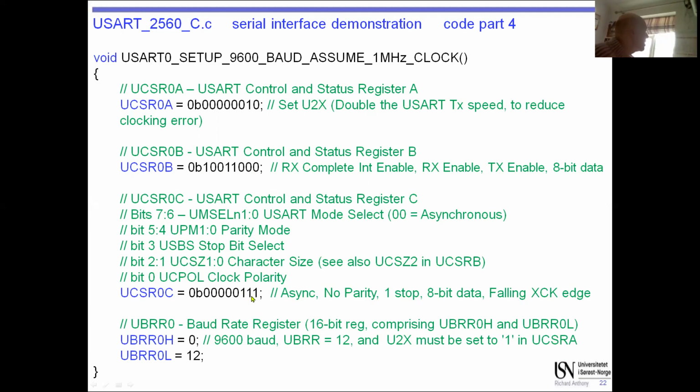And then this is the clock polarity, which doesn't really matter because we're using it in asynchronous mode anyway. And this is the calculation to divide the 1 million clock to get 9600. And bearing in mind, we've got this other value set here. There's a lookup table which you can basically get that value from, with the clock doubler there, and I'll let you look it up in the table in the manual if you really want to know how I got that. But if you just use this value, it will work perfectly well with 9600 baud, which is what we're